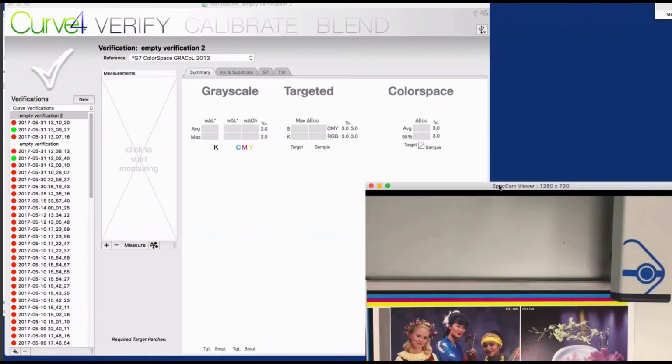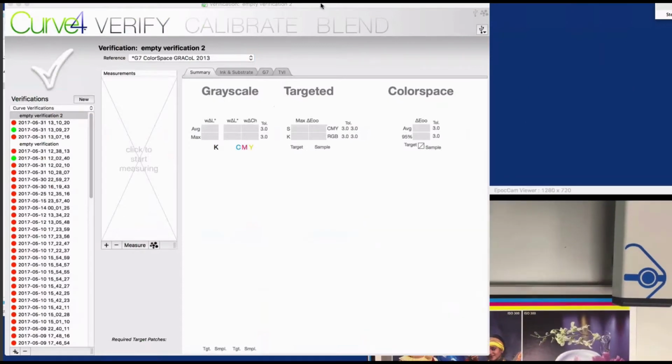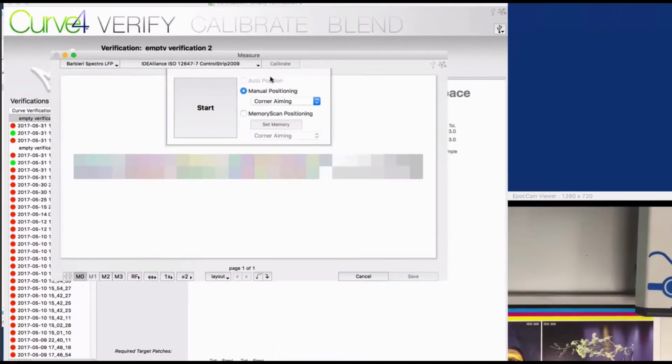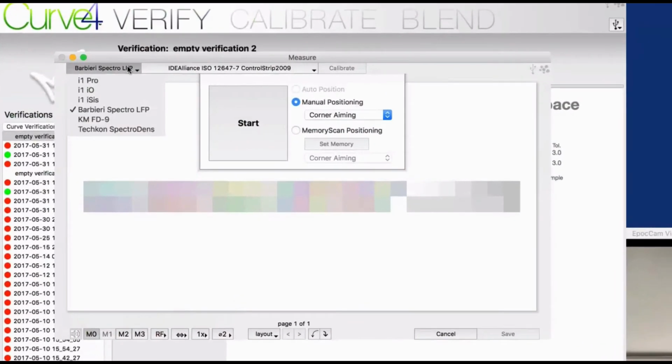There's some live video here of a Barbieri Spectral LFP that we can drive. And so there's a variety of different hardware that you can drive directly from Curve: I1 Pro, IO, and ISIS, and the Exact is coming soon. We'll be direct driving the Exact, as well as the Spectro LFP, Konica Minolta's FD-9, and the Techkon Spectrodens. All great instruments, all different traits and capabilities, so we really like to be able to support different types